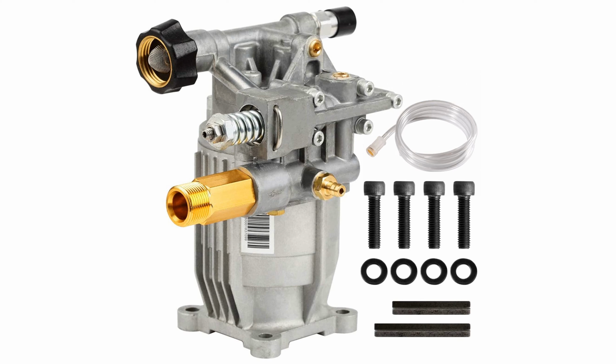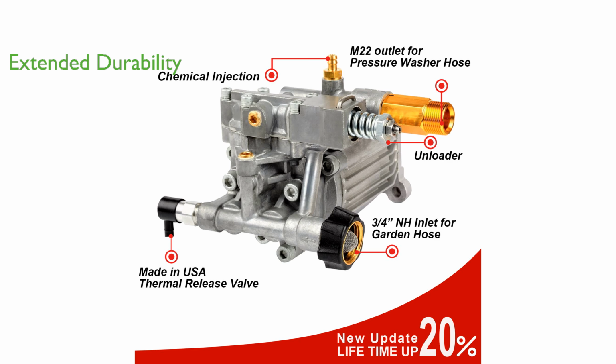The YAMATIC 3400 PSI Pressure Pump offers a powerful cleaning solution with a pressure rating of 3,400 pounds per square inch and a flow rate of 2.5 gallons per minute. Designed for residential use, this pump features a high-performance double-seal system that significantly reduces leakage and extends the pump's running